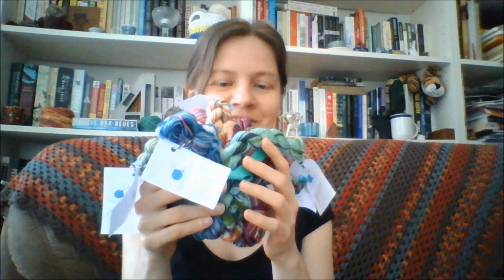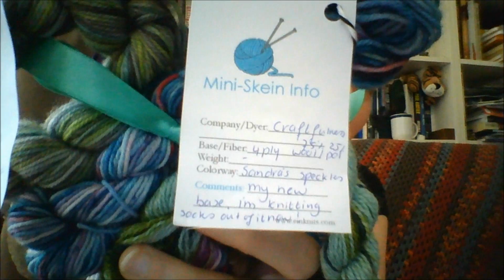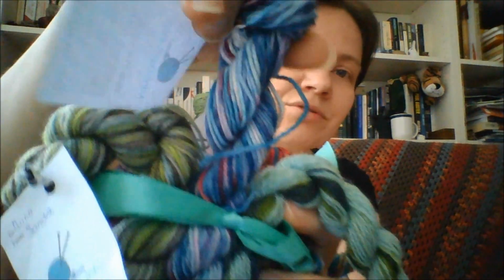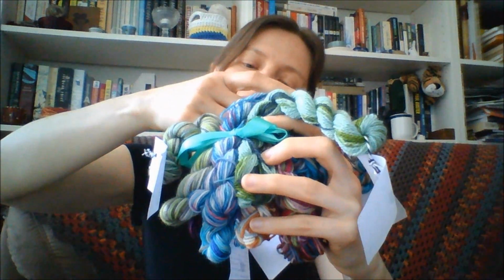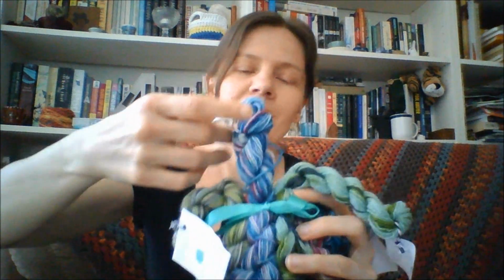Then she also sent some minis, and it's amazing how many there are. There's that many minis. I don't even know quite how many there are in here. She's put fantastic tags which include the name and then which company they're from. So this particular one is one of her own, Sandra's Speckles, and it's her new